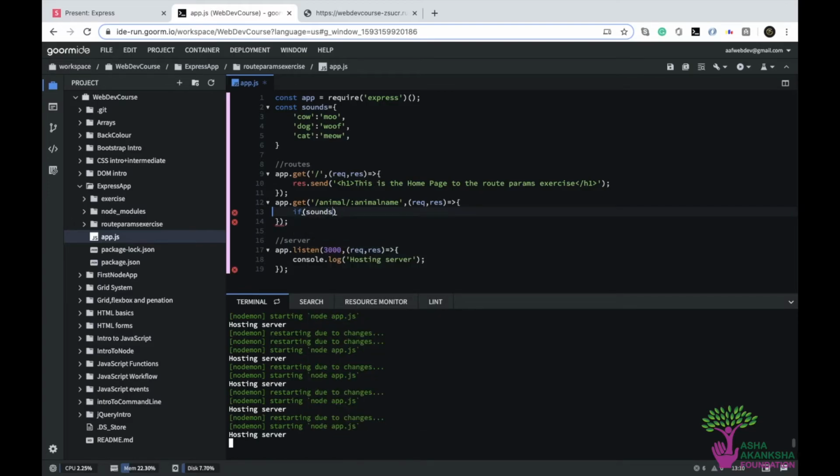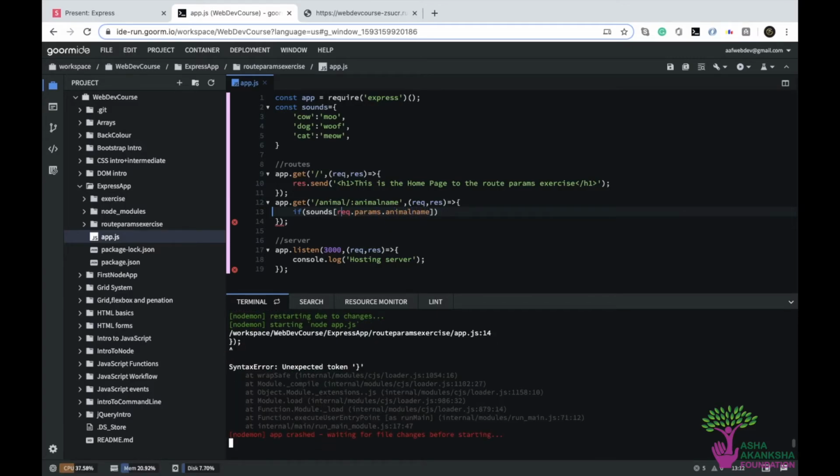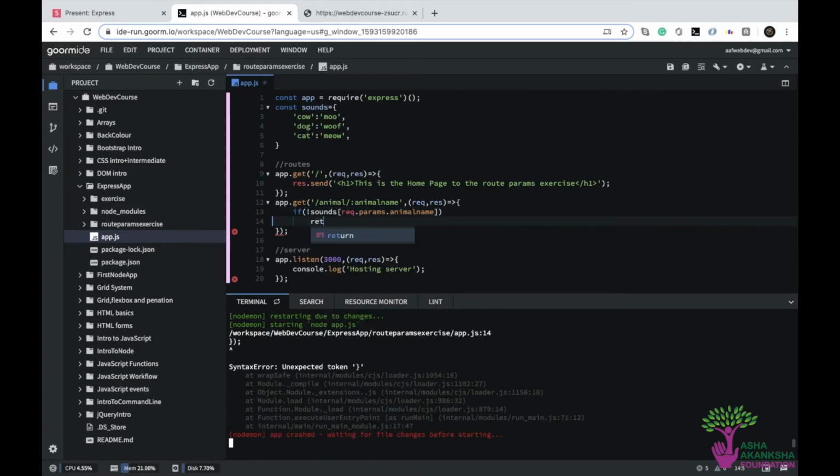So now, one thing you can do is write if sounds. You can access things in an object by using dot, or by using the square brackets. So we'll do req.params.animalName. What this will do is, if req.params.animalName is actually present in this, then this will return a good value. Otherwise, this will return null, right? If this returns null, this if condition will become true, meaning some animal other than these three was entered. So then what we can do is return res.send,